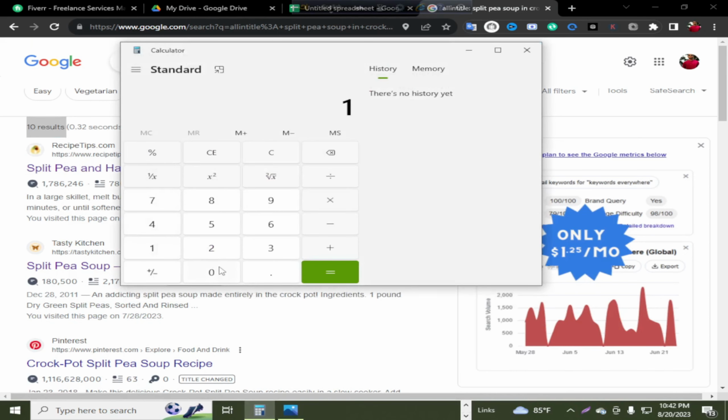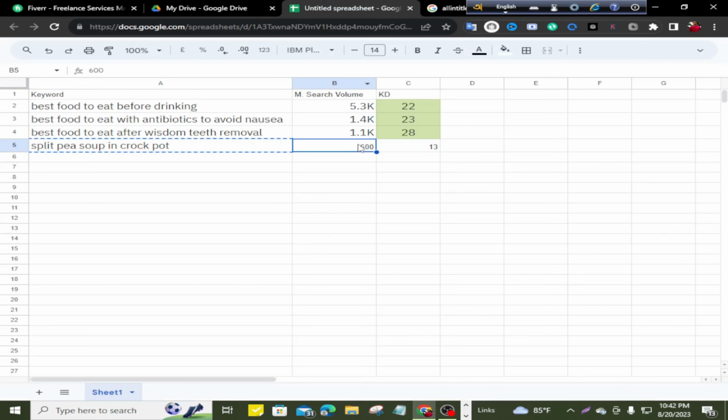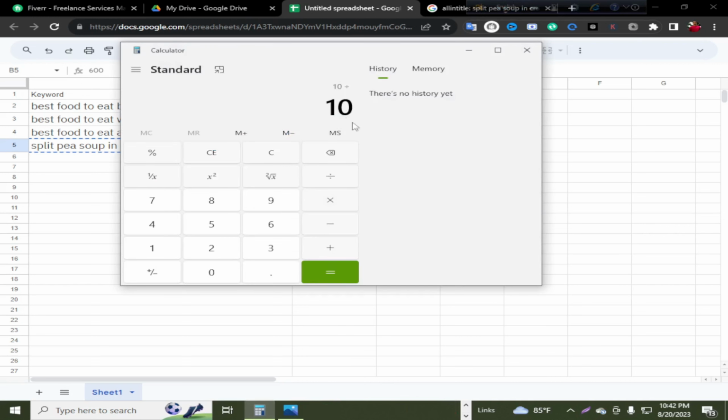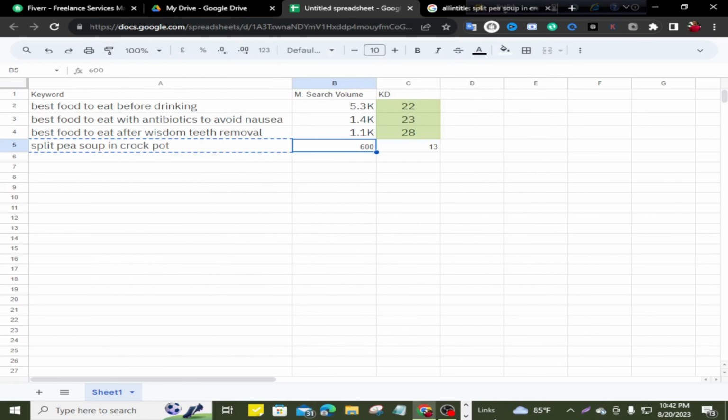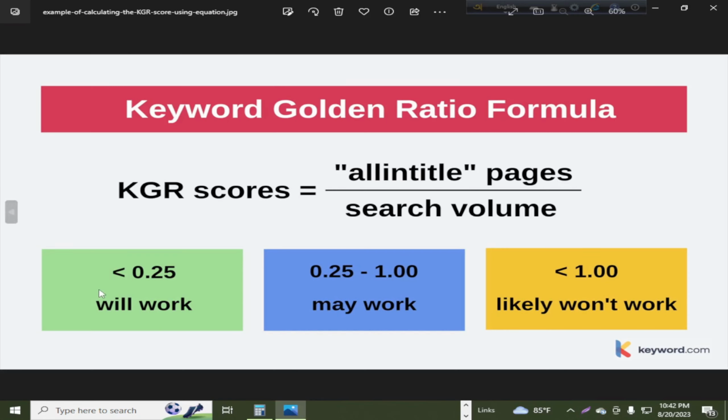Our allintitle page number is 10. Now divide it by the keyword search volume. The keyword search volume is 600. This is our KGR score: 0.016. This is a perfect keyword for our website or blog post, because at first I said that if your